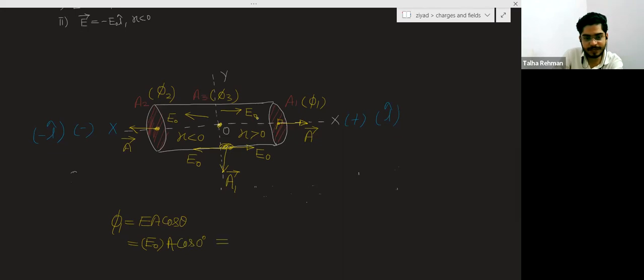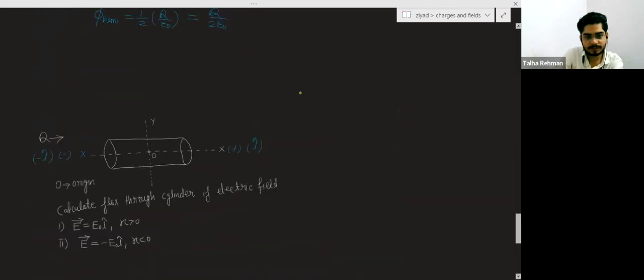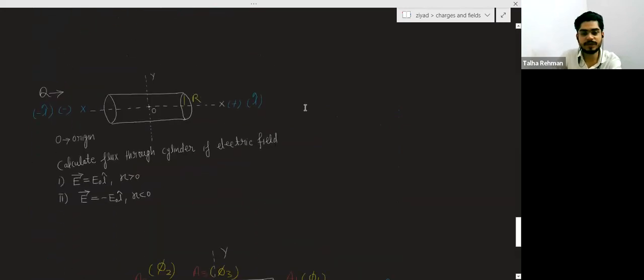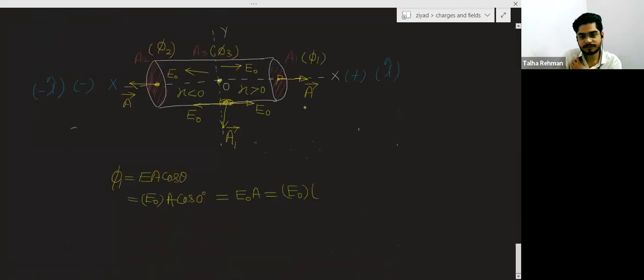So here you will have E naught into A. And what is the area? This is a circular area. If r is the radius of this circular area, then you write pi r square as the area. So phi1 is E naught pi r square. Now when you calculate phi2,